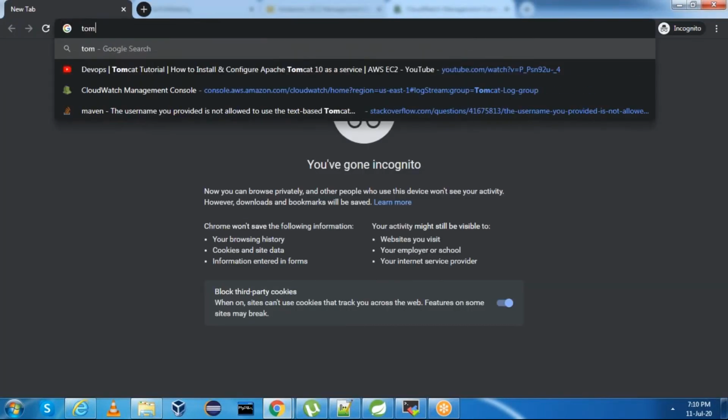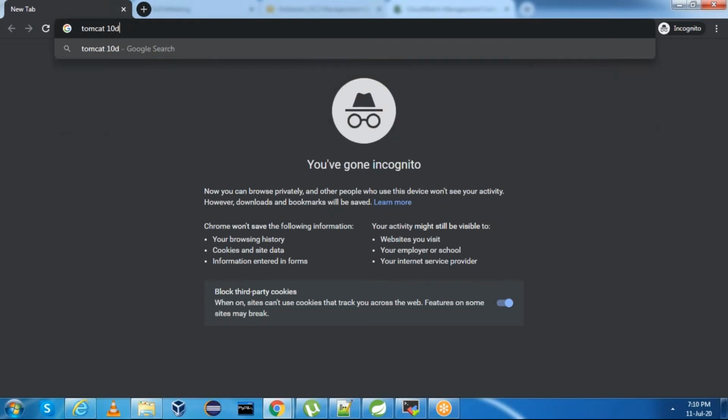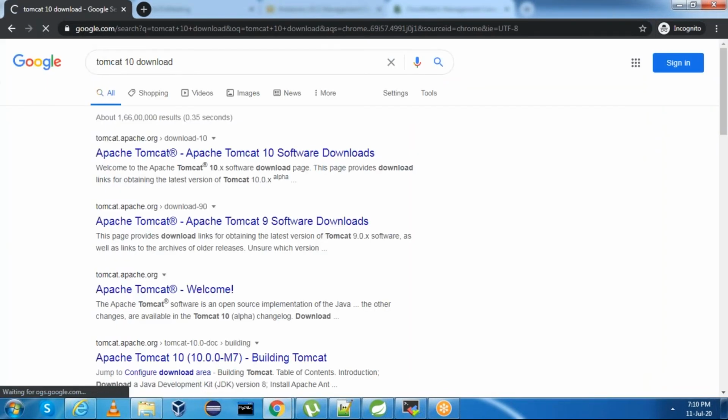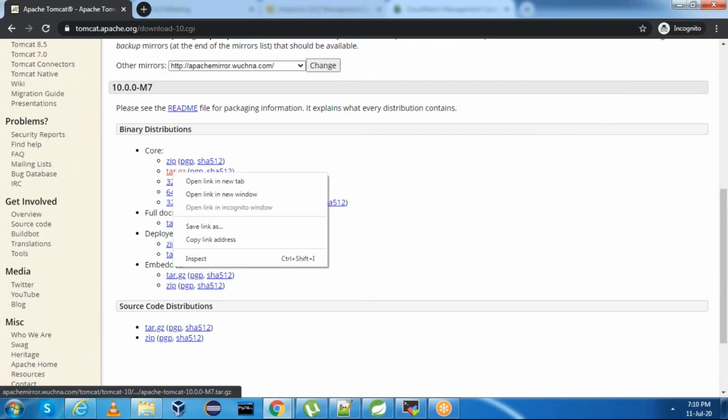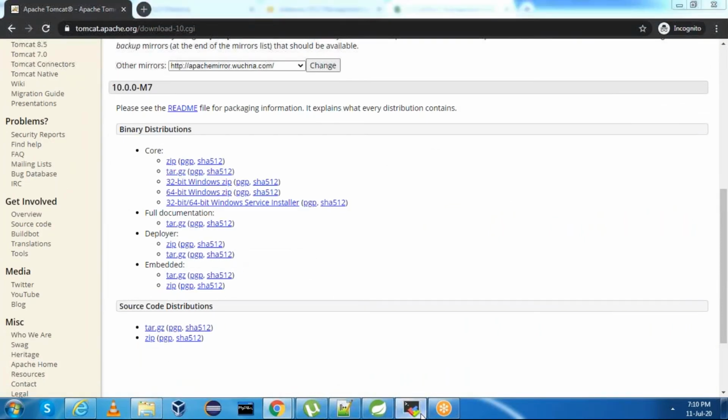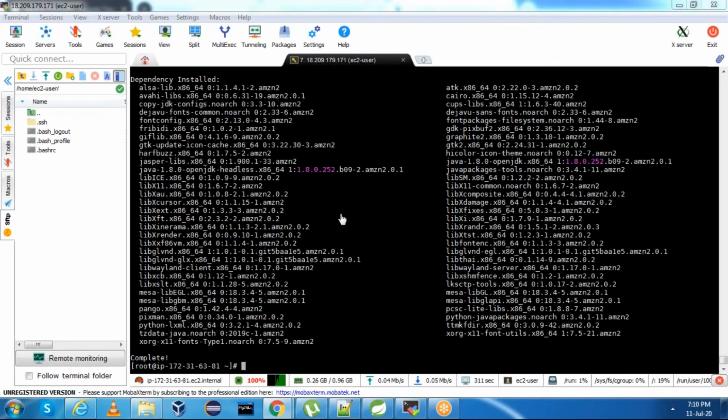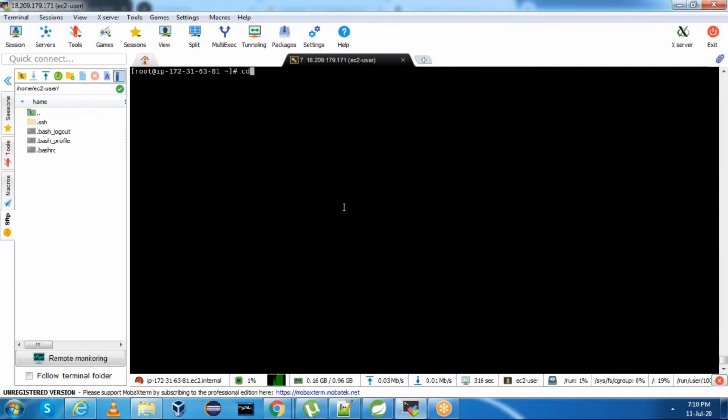I'll say Tomcat 10 download. This is my path. Go to this location, right click tar.gz, and go to /opt and download Tomcat. cd /opt, wget, download Tomcat.